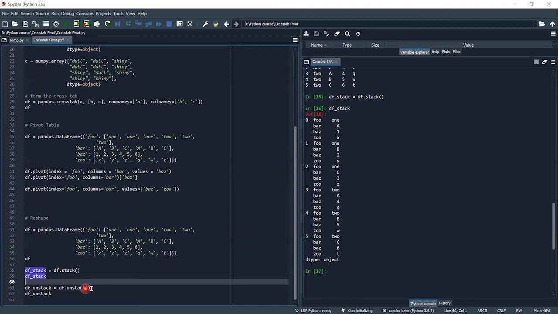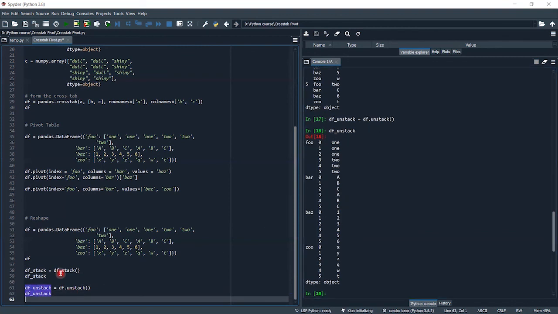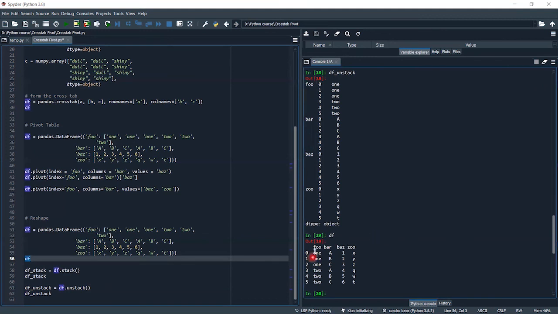Now comes unstack. Let me create this unstack and save it to df_unstack, and here we have the unstacked data frame. Now let's see the data frame. As you can see, the first column becomes the first column, and the second column gets joined below the first column.